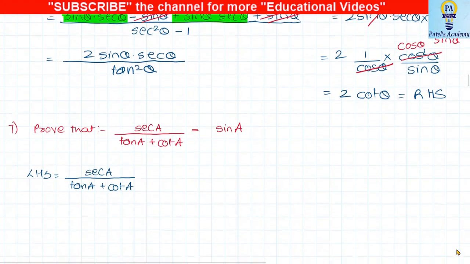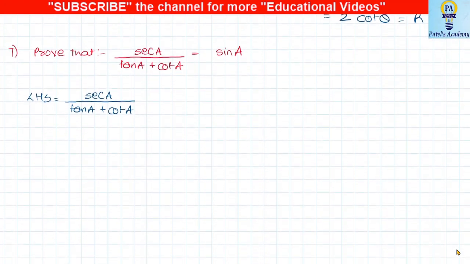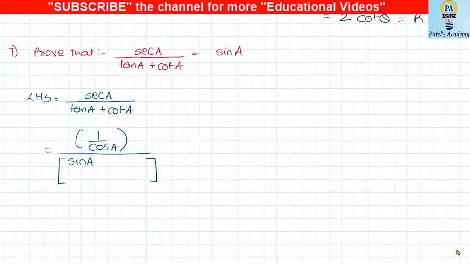Now let's see the seventh one. I've taken LHS again. We have to show that LHS is equal to sin theta. So now I'll be converting everything in terms of sine and cos. The numerator is sec. We know that sec is inverse of cos, so I'm writing 1 upon cos A and putting a bracket. Here in the denominator, we have tan plus cot. So I'll convert tan and cot in sine and cos. I will have tan equal to sine upon cos, and cot equal to cos upon sine. So next step, I'll keep the numerator as it is.